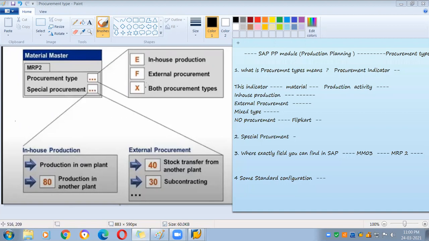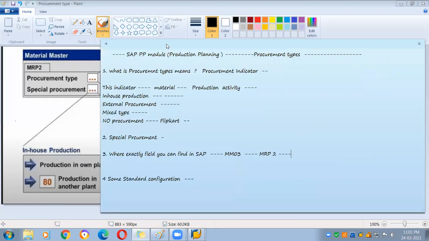If you choose external procurement, you have options like subcontracting, or stock transfer from another plant. Subcontracting is represented by 30. Suppose you are manufacturing a product, a leather shoe, but you have a subcontractor who is providing you the laces of this shoe.